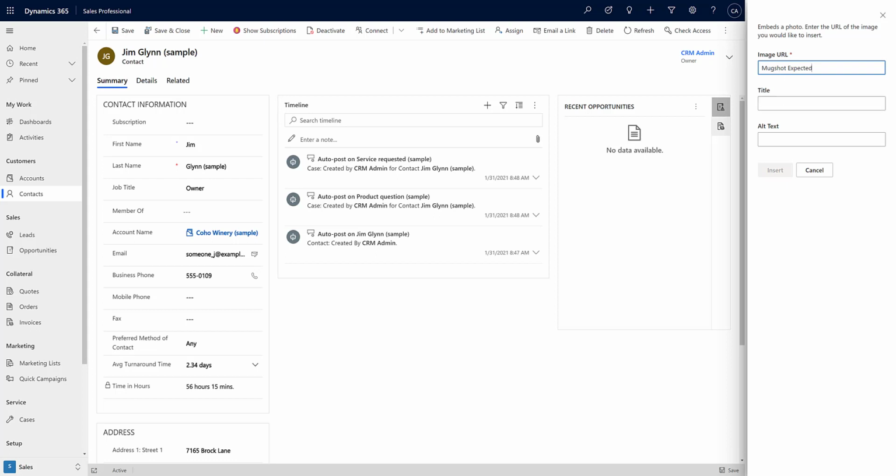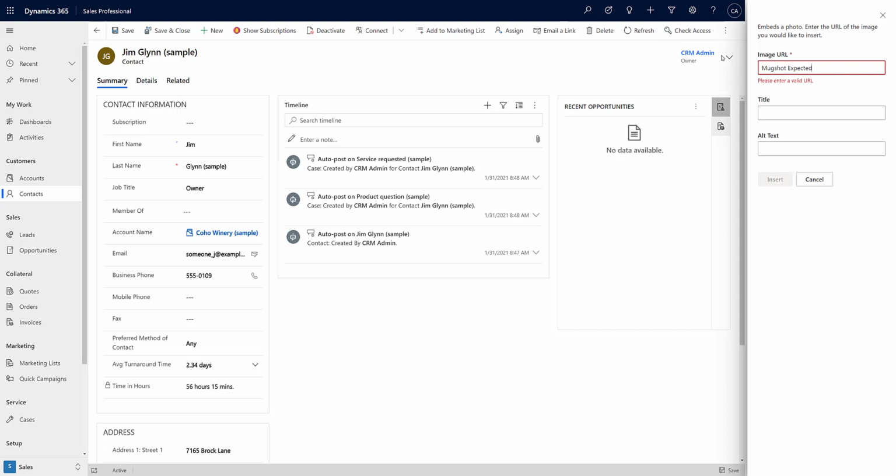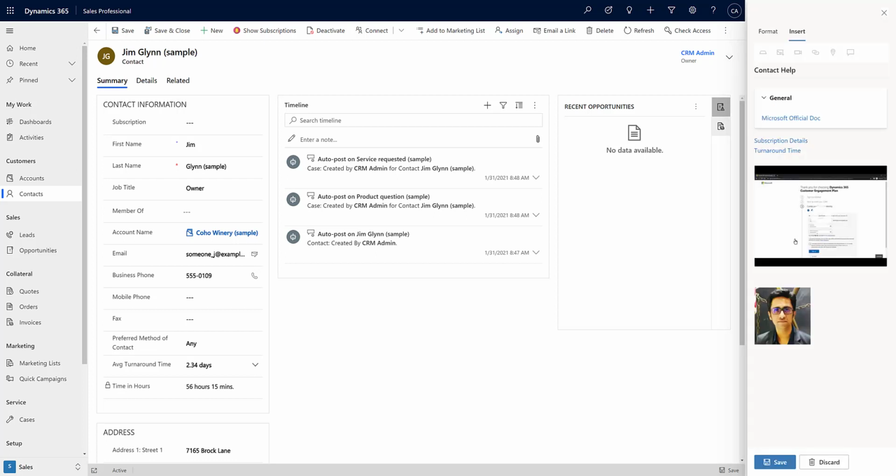This is what I wanted to be the title which I had copied, and this is the image. I'll just copy the URL of this image and I'll paste it in the URL and I'll enter the title. I just want to write the title as mugshot expected, and I'll just give it the alternate text too. Now I click on insert,